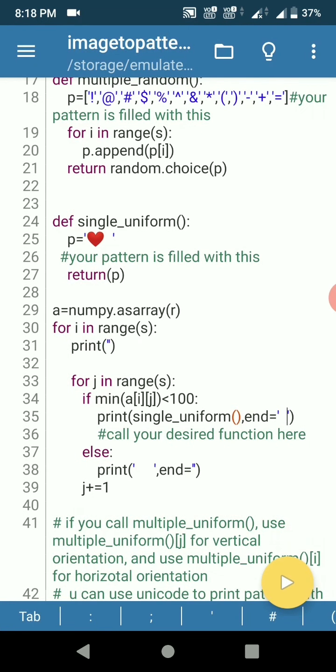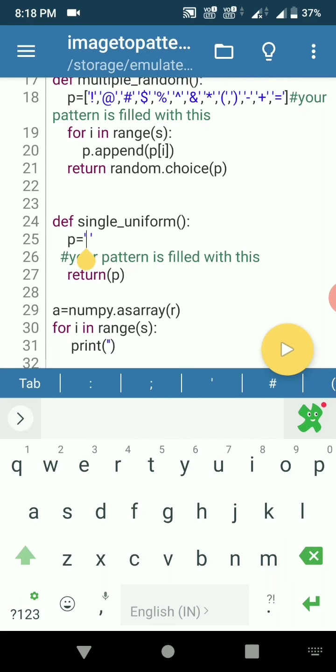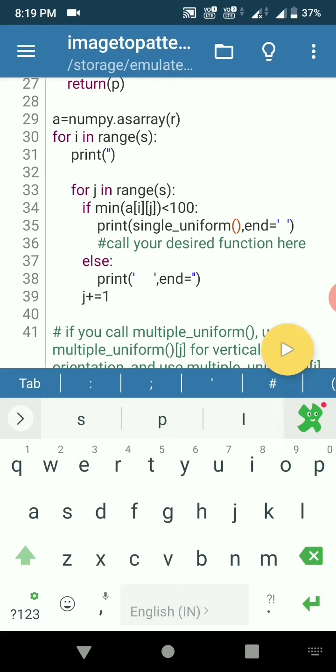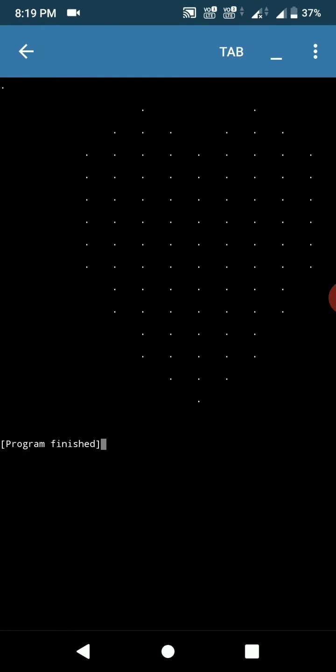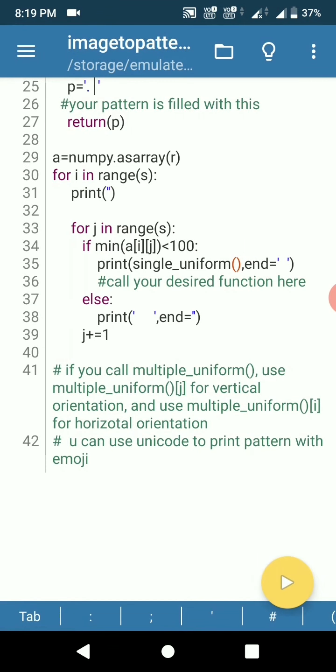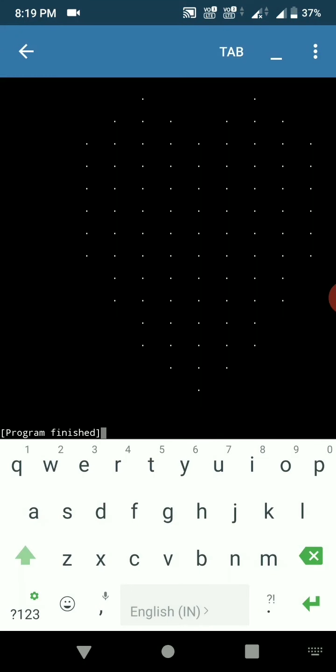And at last, I forgot to say one thing. You can flip your patterns just by inverting the weightage value. Here I am going to remove the heart and insert a dot here. Okay, here is our usual dot pattern, where the dots are filled inside the heart.